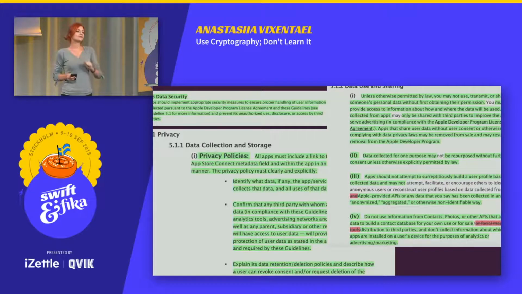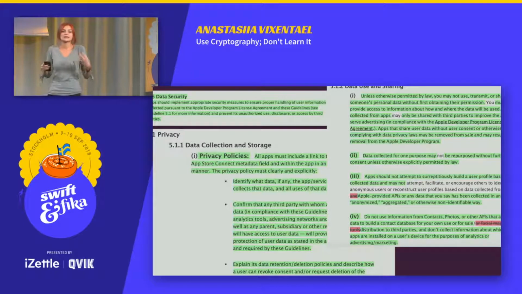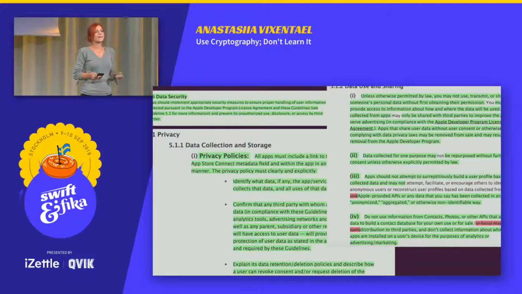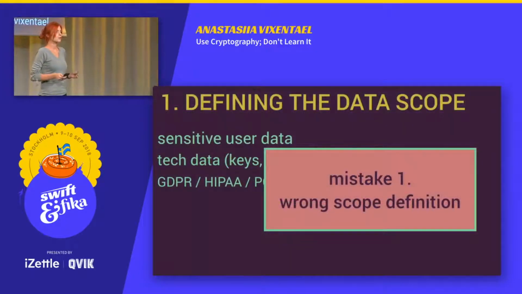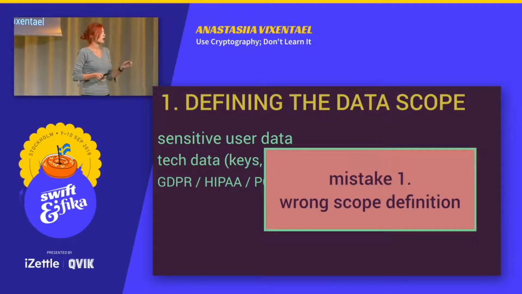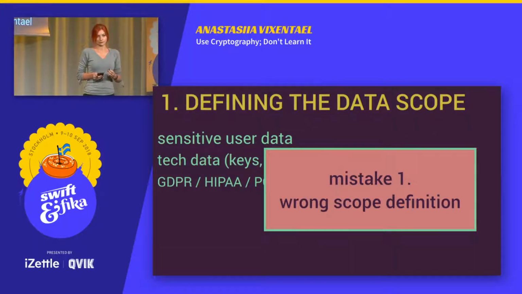So when we are defining the data scope, we must remember the data we operate in our app, in our system, and we often remember about business data. But we often forget about technical data, like logs, like some metadata that we collect, geolocations, EXIF tags, backups that we do or don't encrypt. The first mistake we make on our road of protecting data is a wrong definition of data scope. We just forget about things we shouldn't forget.